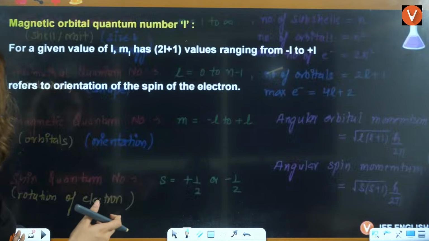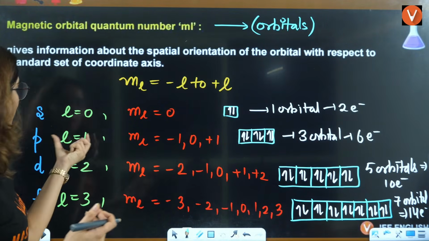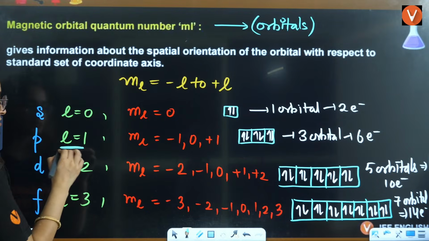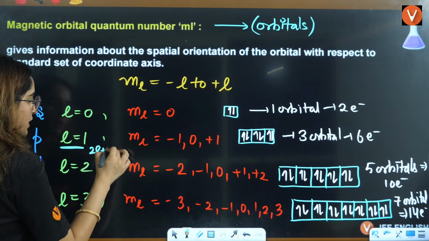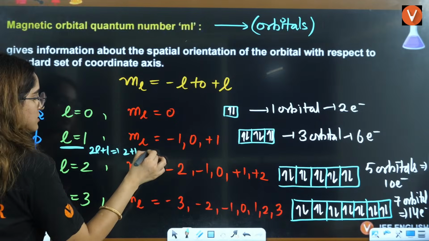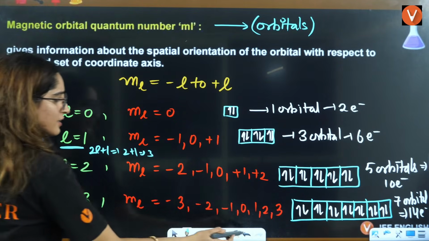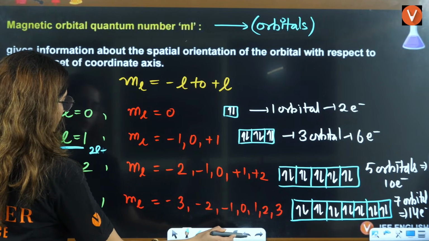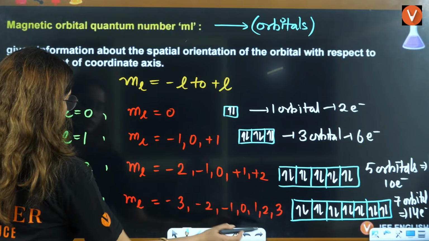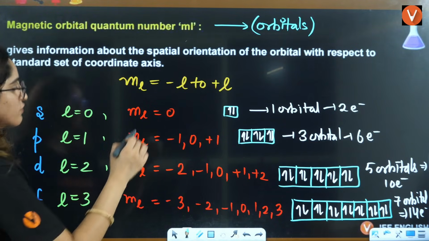You can also put this here. How many orbitals should it have? L is 1, so it should be 2l plus 1. That is 2 plus 1, that is 3. Yes, it is coming out to be 3 only. If L is 2, so it will be